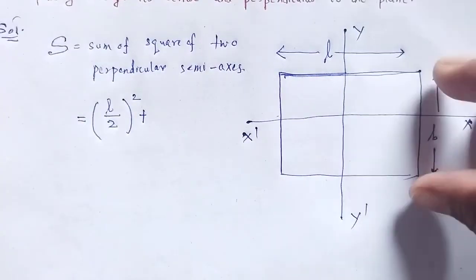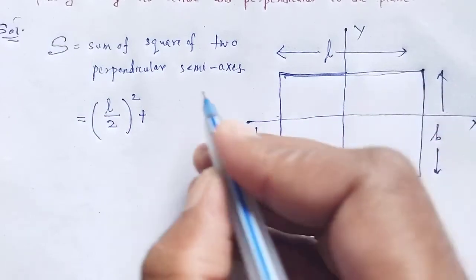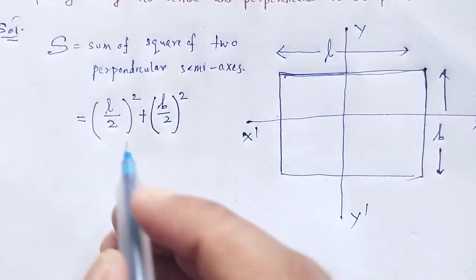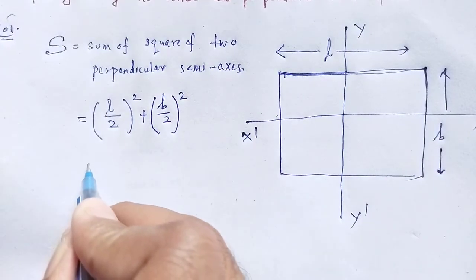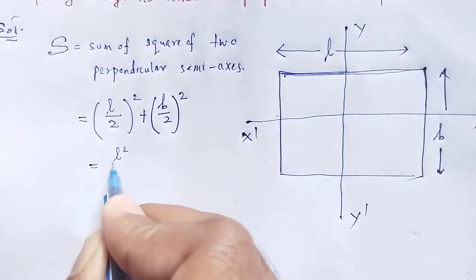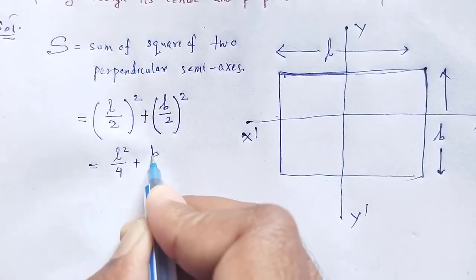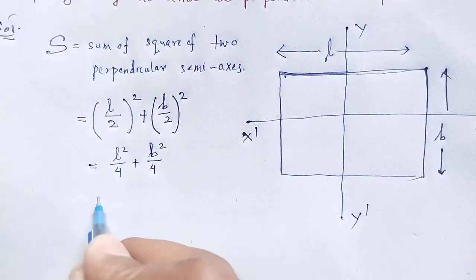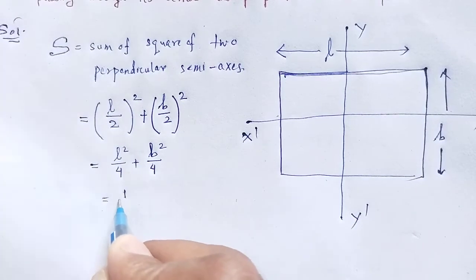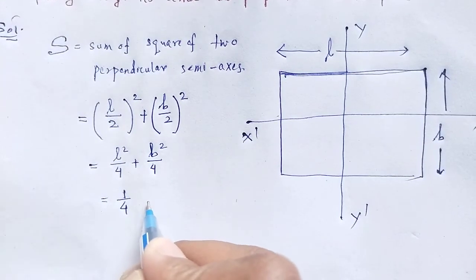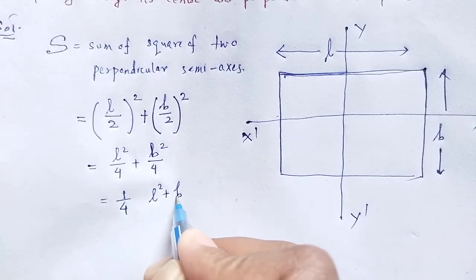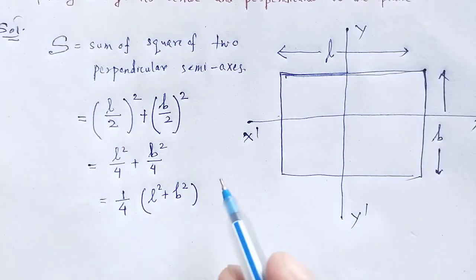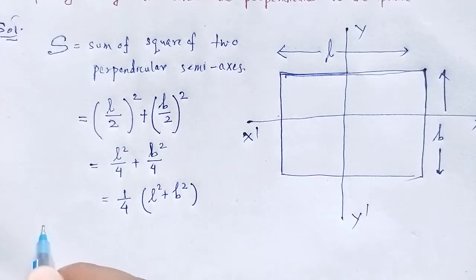half of L by 2 squared plus half, that is B by 2, squared. Then it will be L square by 4 plus B square by 4, taking 1 by 4 as common, that is L square plus B square. From Routh's rule,